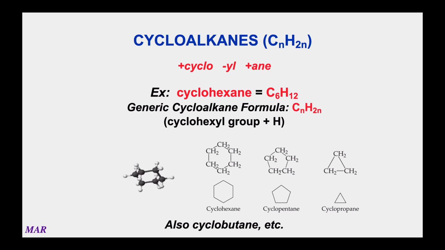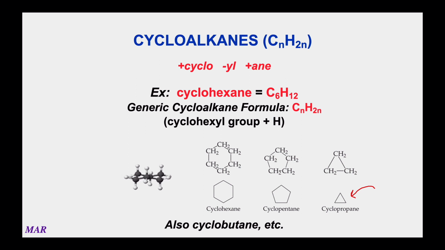The simplest one is cyclopropane. So propane had a CH3, CH2, CH3. Well, if you take a hydrogen off the end carbons and make a triangle out of it, that becomes cyclopropane. And notice there the structure. This is very common in organic chemistry, where the vertices in the lines are where the carbons are, and you can see how there's lines to carbons showing, but the hydrogens are totally omitted. And this is very common in organic chemistry, and we'll see that more and more.